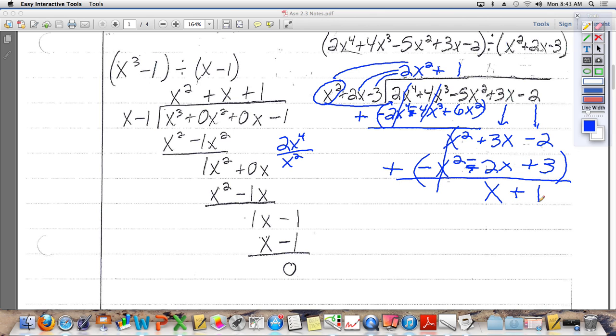Are we done? Yeah. No. Will you check? Can x squared be divided into x? No, there's not enough x's. So what is this called? A remainder. So we have a plus x plus 1 divided by x squared plus 2x minus 3. Sorry, it's a plus 1, not a minus 1. Thank you. Okay. X squared plus 2x minus 3. That's our quotient. Yes. So, all the stuff in the last